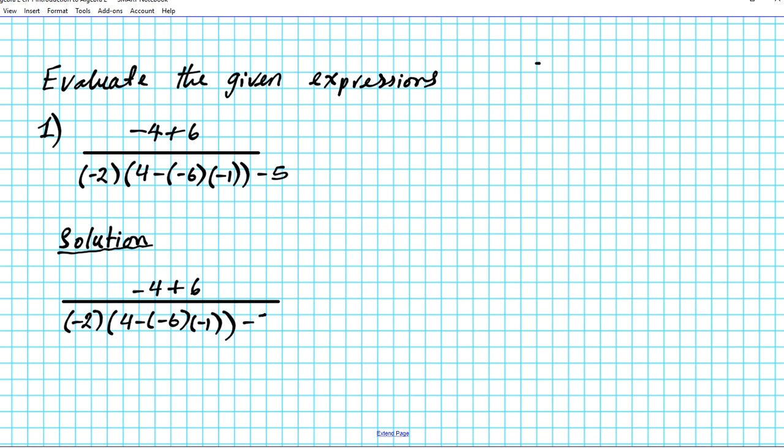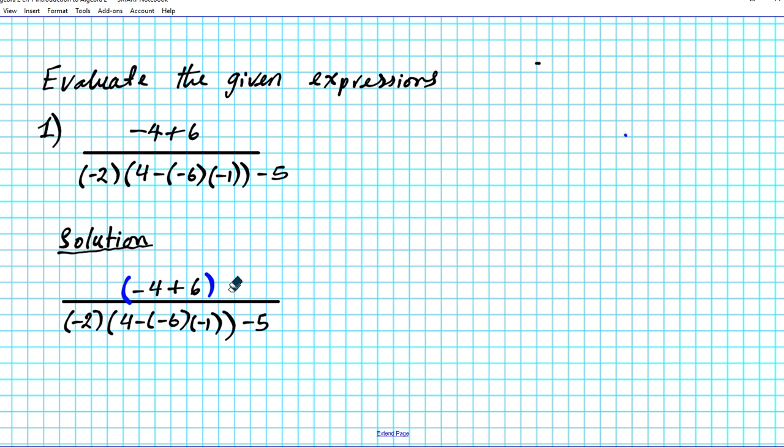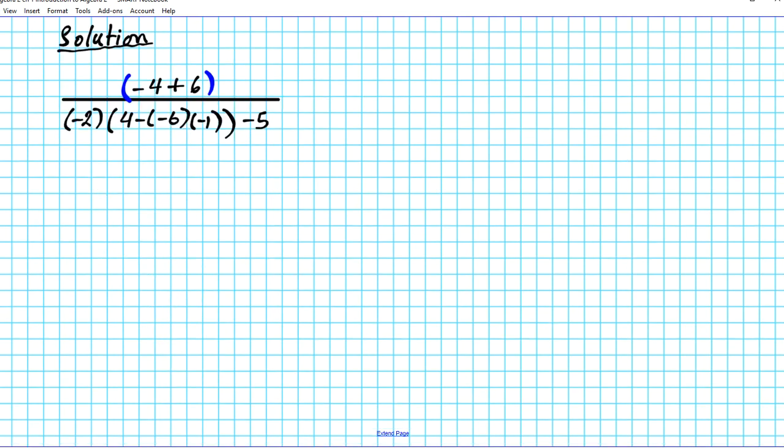times -5. Alright, so one thing you want to keep in mind is that we have the numerator and the denominator. So think about there being an imaginary parenthesis in your numerator position. Now, basically we can simultaneously work on the numerator and the parentheses in the denominator. So we're looking at the quantity in the parentheses in the numerator. We can evaluate that. So that gives us,